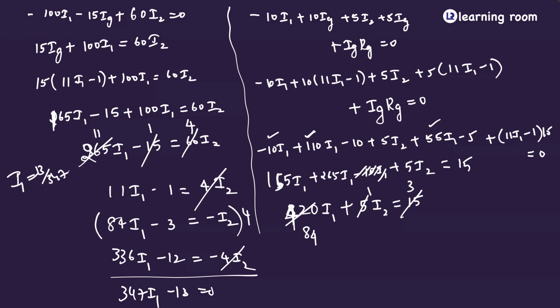Then what is the value of Ig? It is 11 into 13 divided by 347 minus 1. So 11 into 13 is